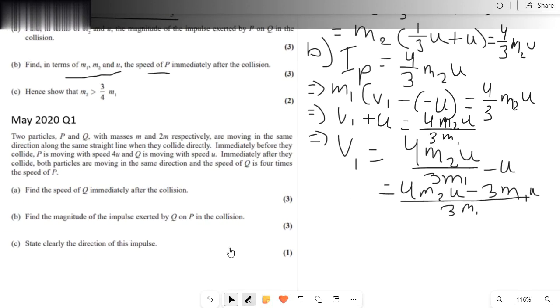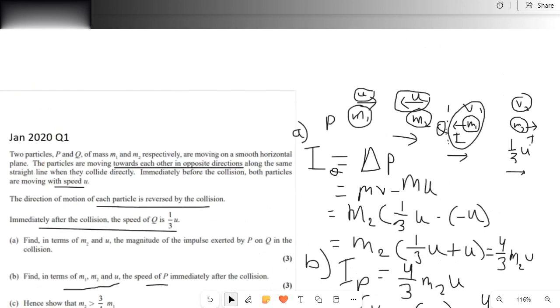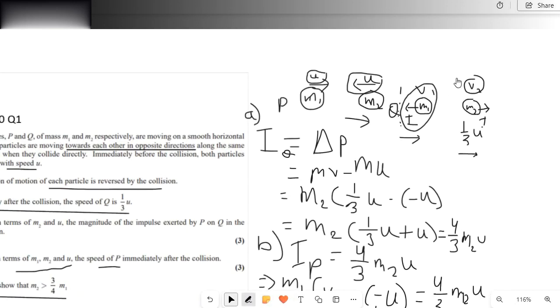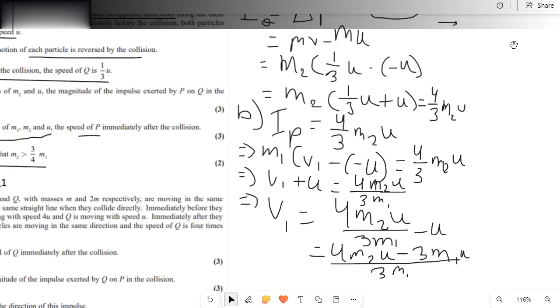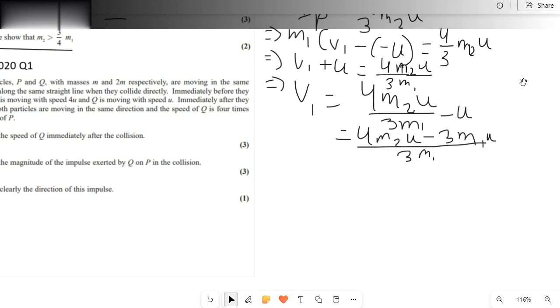For number C, we have to show that m2 is greater than 3/4 of m1. Now as we know, because the collision is valid, this velocity v1 that we found previously should be greater than 0, because otherwise the momentum will not be conserved. And so for number C, we can say that v1 is greater than 0. Therefore,